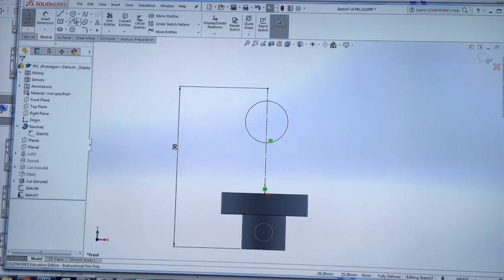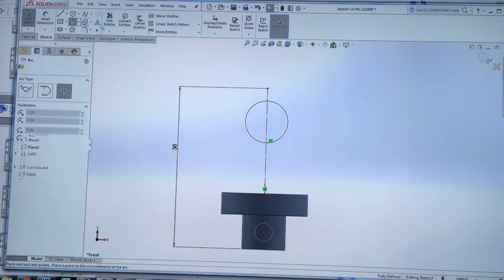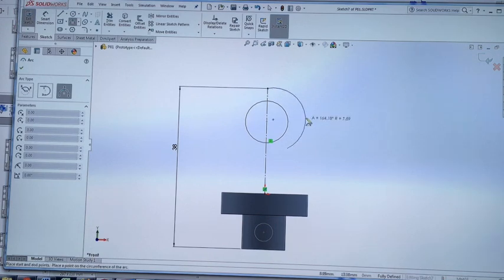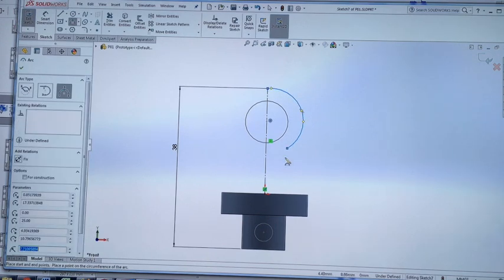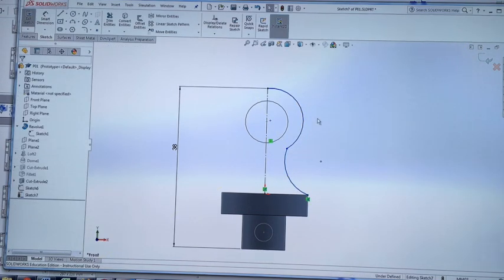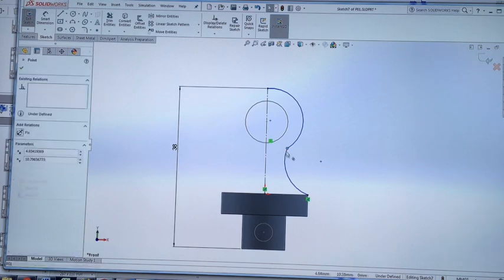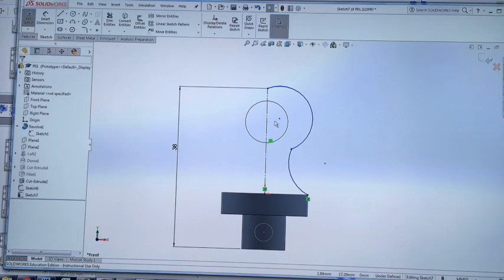So to start that off, let's do it with the 3-point arc. Draw one and then the other. Now, some keys with this. First up,